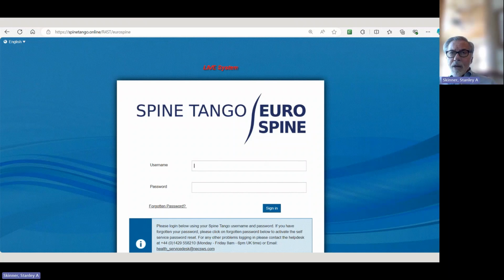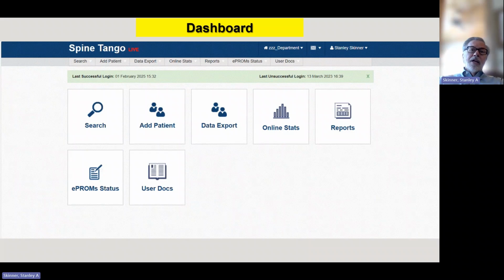By now, the neuromonitorist must have a username and a password to go with the rest of the surgical team and the hospital that's already a member of the Spine Tango registry. Once the credentials have been entered, the dashboard appears.